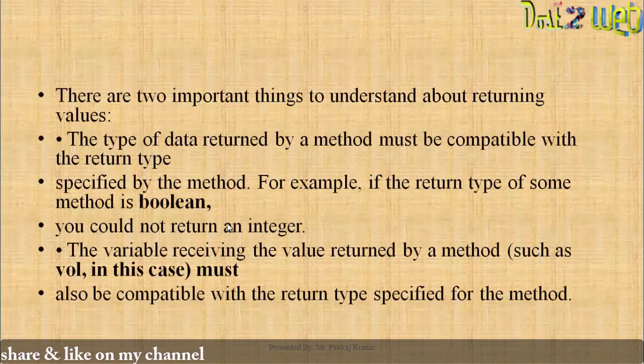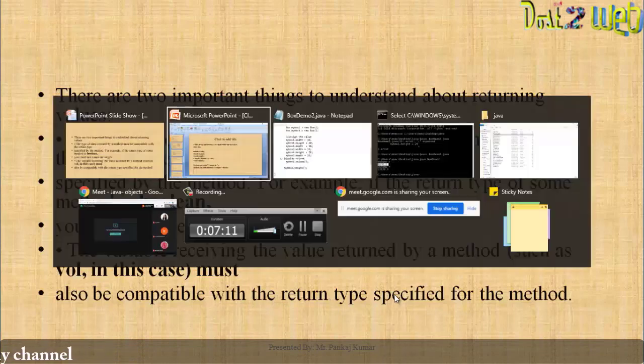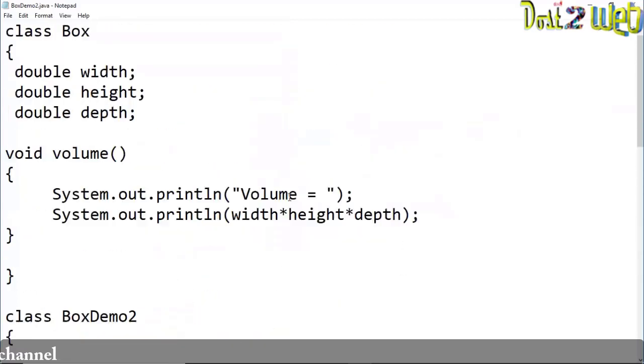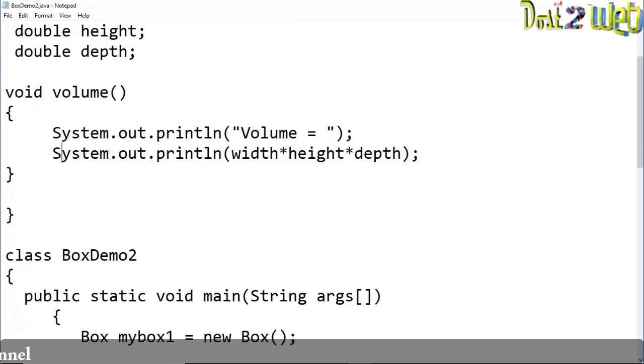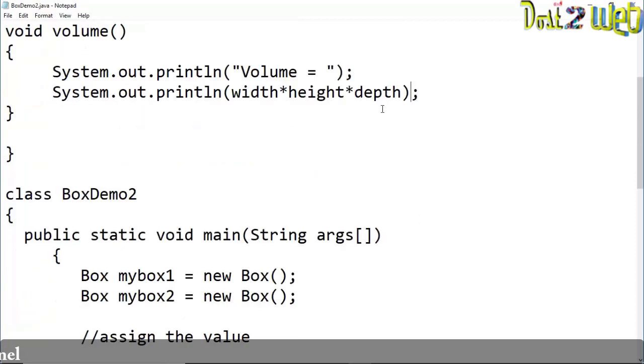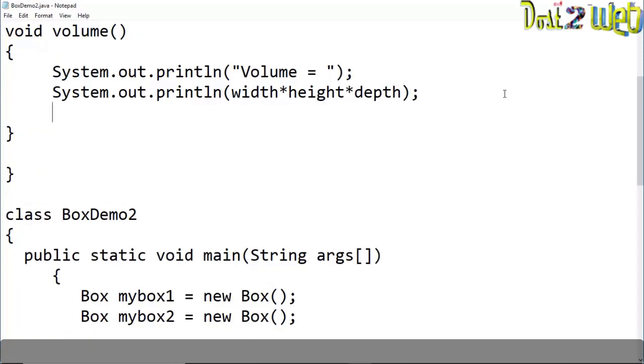The variable receiving the value returned by the method, such as volume in this case, must also be compatible with the return type. It means that we have used no return type here, so here also you should give no return type. Nothing should be given. Otherwise, in this program, take an example, if I use here a